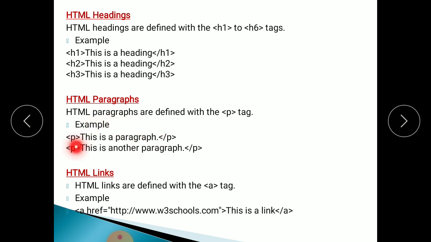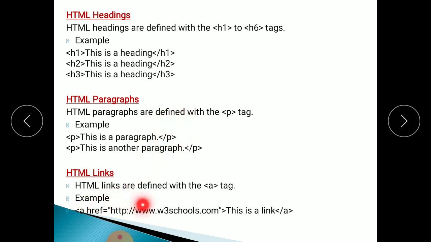After the opening P, type the paragraph. After the end of the paragraph, close the P tag using a forward slash. Then P, this is another paragraph. If you want to write another paragraph, use another P. This is another paragraph, then close it at the end. Okay, this is the format to write a paragraph in your program.